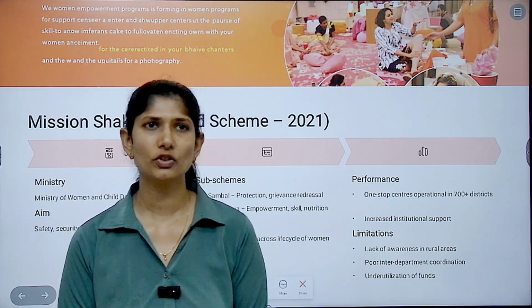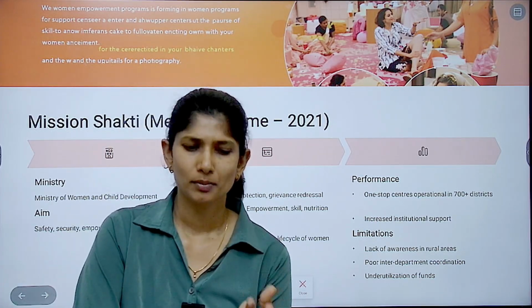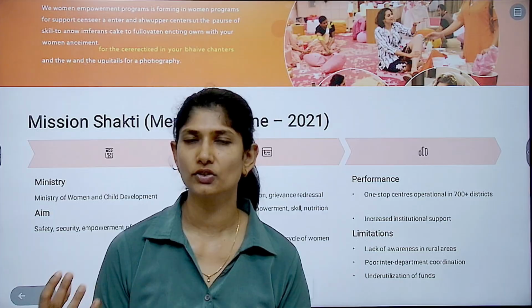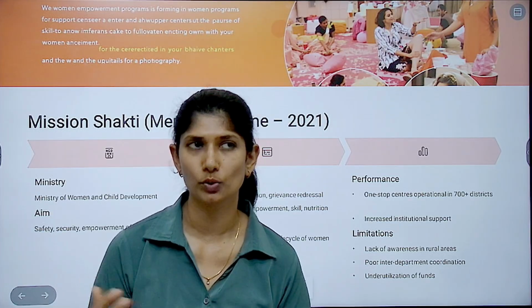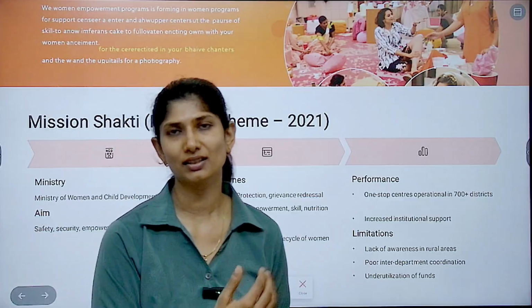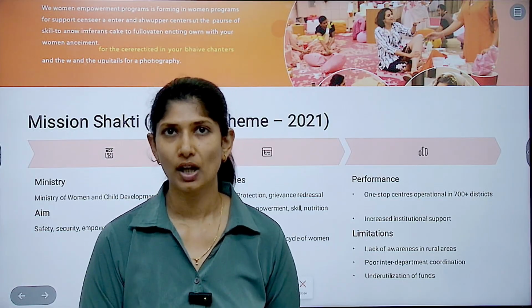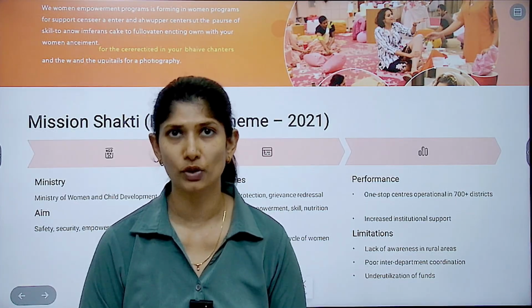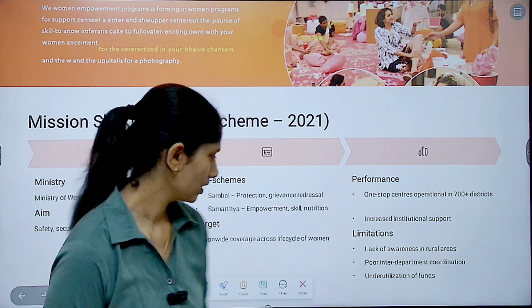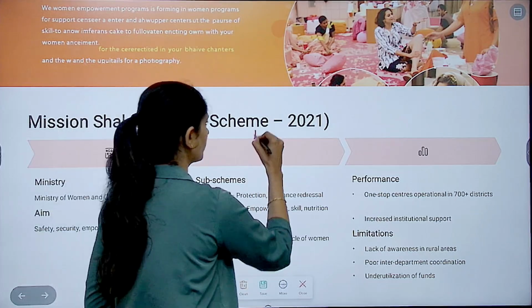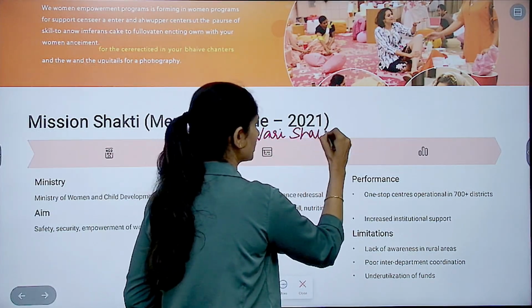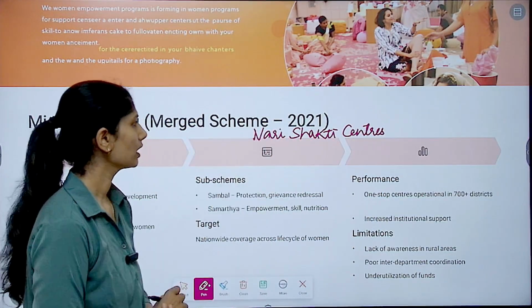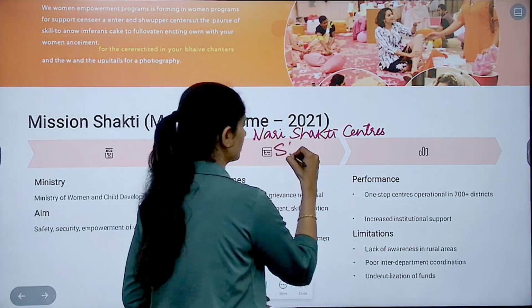If we try to address each one of them: women who are hurt by domestic violence. You have this in Western countries, the concept of domestic violence homes. In India, we have something called Shakti Sadans, temporary homes, and also to provide collective alternate dispute redressal for women, like Nari Shakti centers. These are the things that you have to keep a tab on: Nari Shakti centers, and then Shakti Sadans.